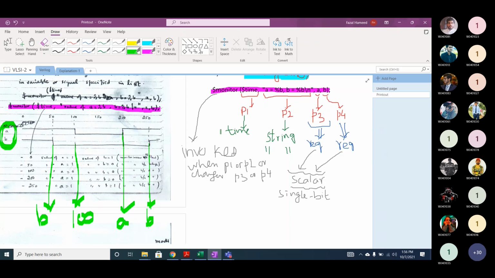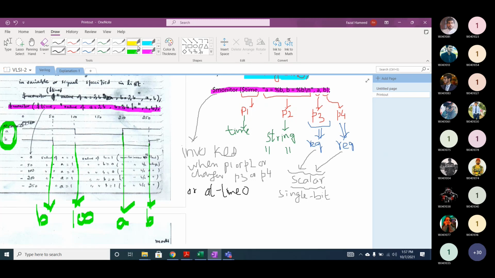Sir, the same value, one. Okay, so it means the monitor is invoked when P1 changes or P2 changes or P3 changes or P4 changes, or at time t0. Do you understand? It will always be invoked at time t0.